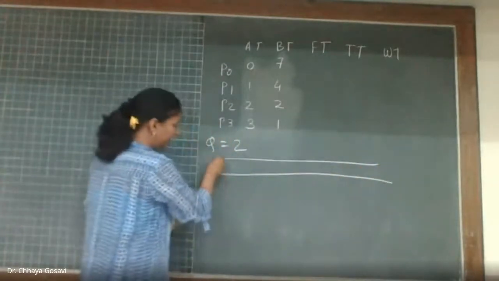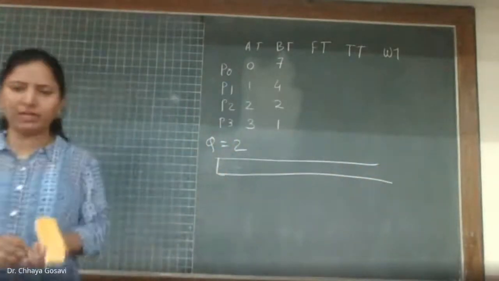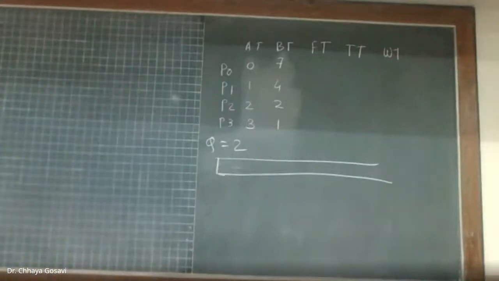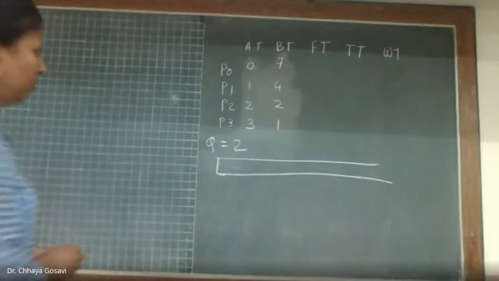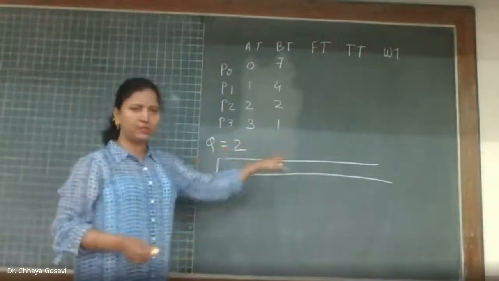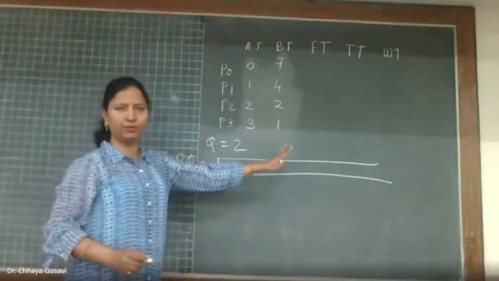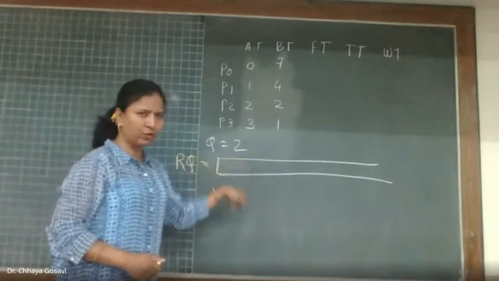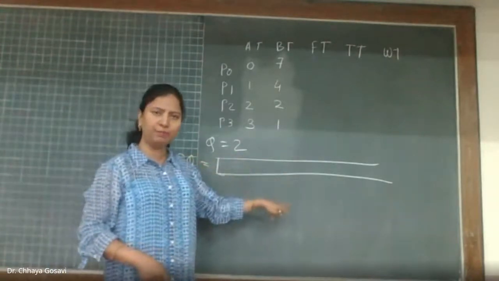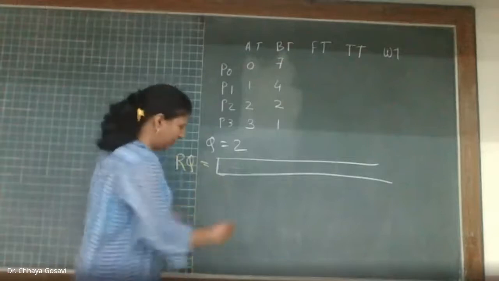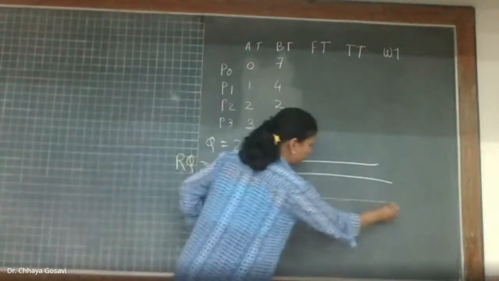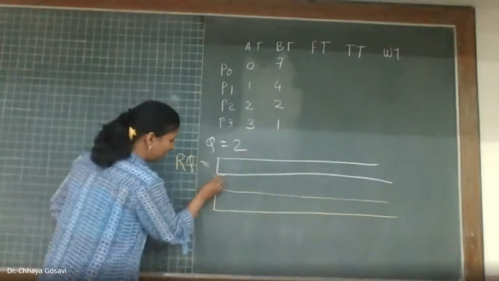Now, in round robin, in the previous example, we have not considered arrival time. Arrival time for all processes was 0. So we added all the processes in the ready queue, and then one by one, we allocated those processes to CPU in round robin fashion. That was normal round robin. Now we have to do it with arrival time.